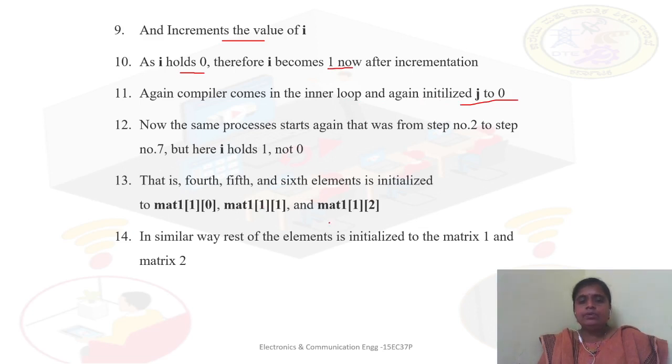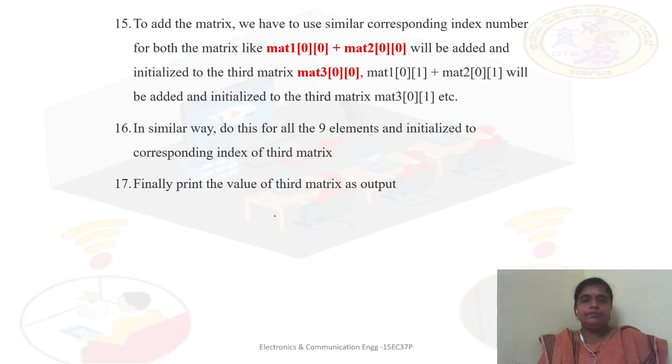Similarly, we are going to take all the values from element 0 to 8, because it's a 9 element array matrix. So we start from 0 to your last element, which will be the 8th element. So this is how we are going to take the inputs. Later, to add, we use the same concept. We add with the same subscripts, and we store it in the resultant matrix with the same subscript. This is done for all the 9 elements. And finally we are going to print that matrix at the output by again using the nested loop.